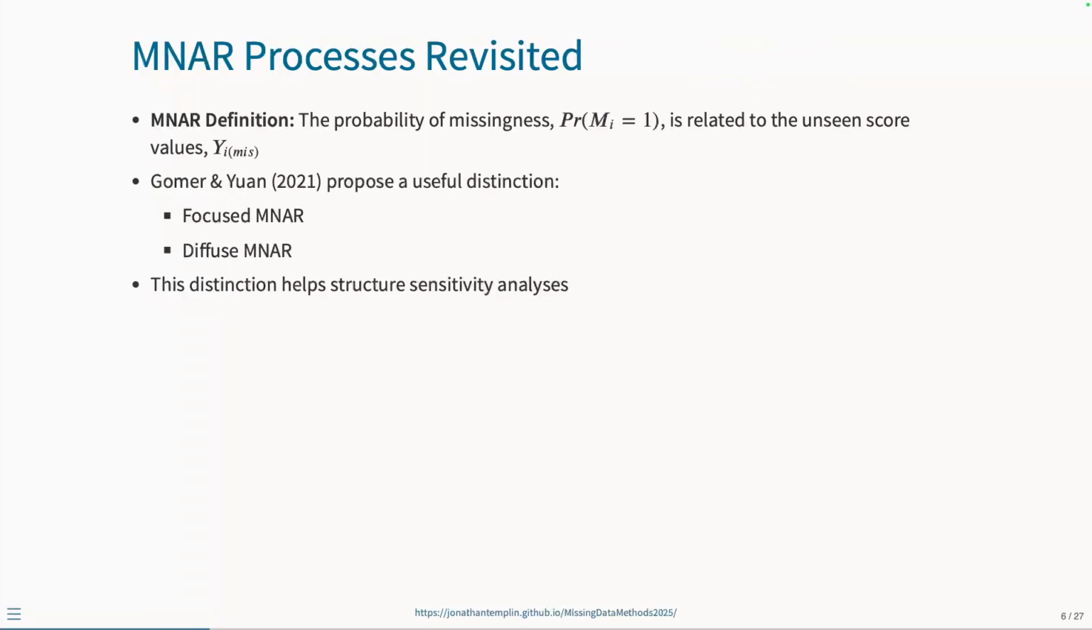All right, so let's talk about the missing not at random process itself. The probability of missing is related to some unseen score values itself. So remember, we started the class thinking of this idea of a missing indicator variable. So for every observation in your data,